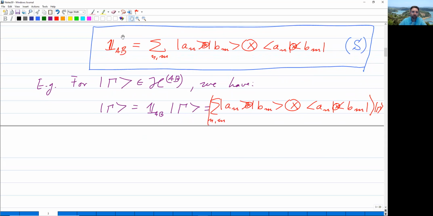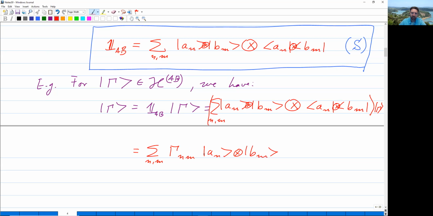And this means that we obtain that gamma is equal to the sum over n and m, and then coefficients gamma_nm, the wave function of our abstract state in the basis of this resolution of the identity, times a_n tensor b_m. We will soon drop